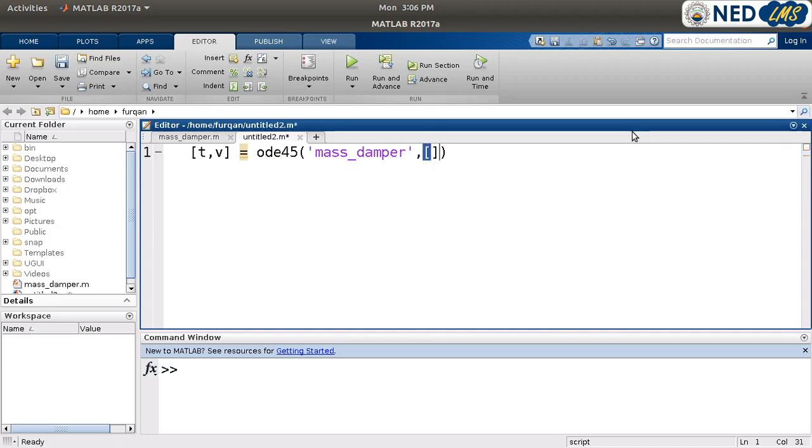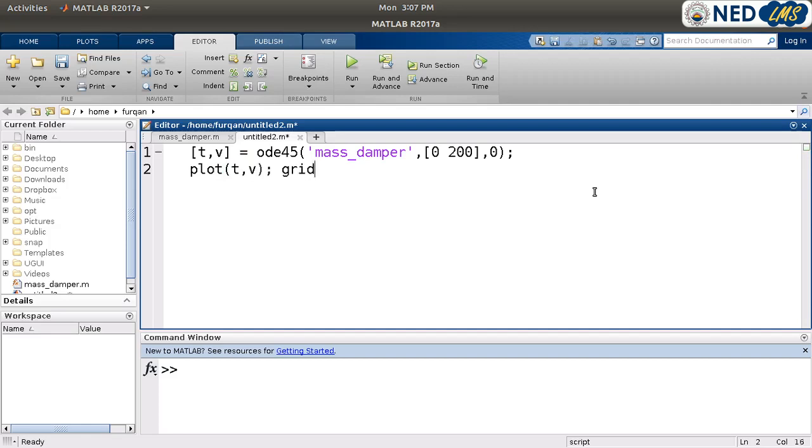Second is the t span. I want to plot t comma v from 0 to 200, and assume that the initial condition is 0. After the execution of this function, we will have values of v and t. So we need to plot the values of t and v to check how the response looks. So I'm plotting plot t comma v,